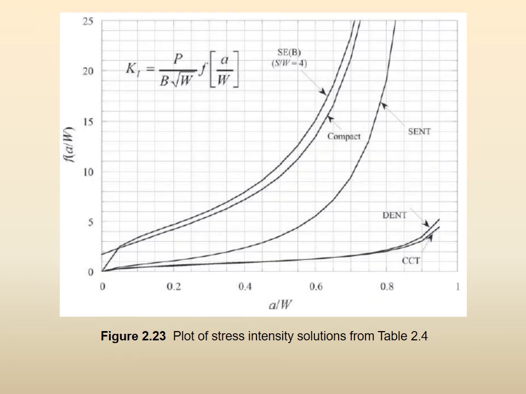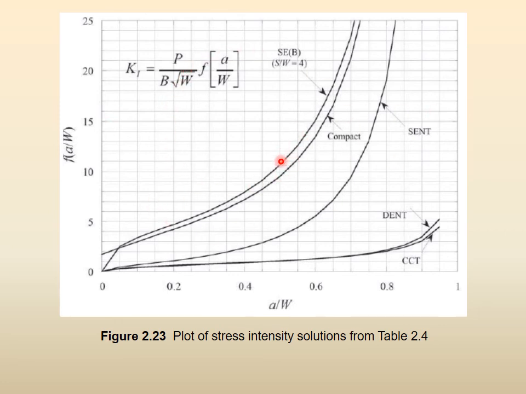We are now showing you the whole equation for all of the shapes of the compact specimens and so on here in one chart. On the horizontal axis is A by W. You know your crack size, you know the width of the plate. So A by W is there. And the Fa by W for each one of them, right? This is the center crack tension, this is the double edge notch tension, SENT, compact, bending specimen, all of them, 1, 2, 3, 4, 5, all of the situations earlier, somebody has plotted them completely now.